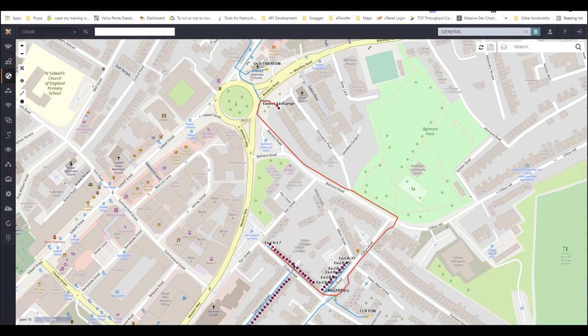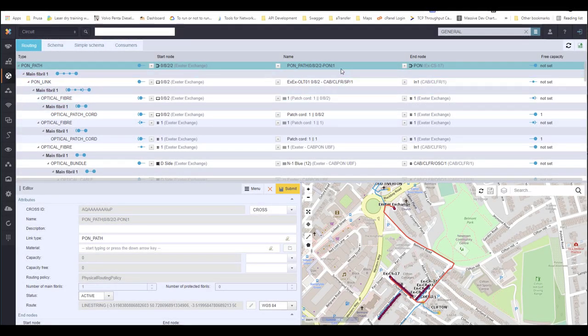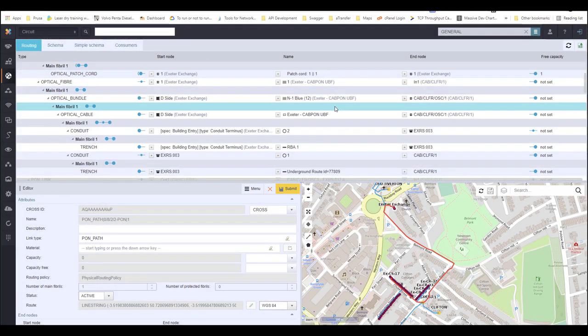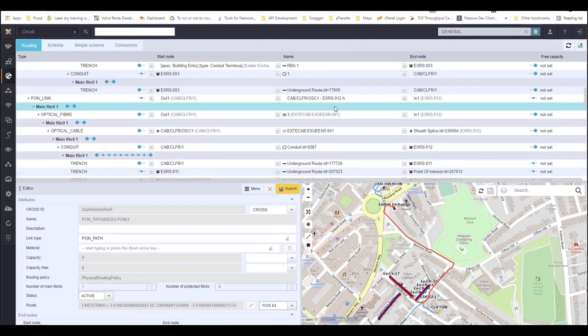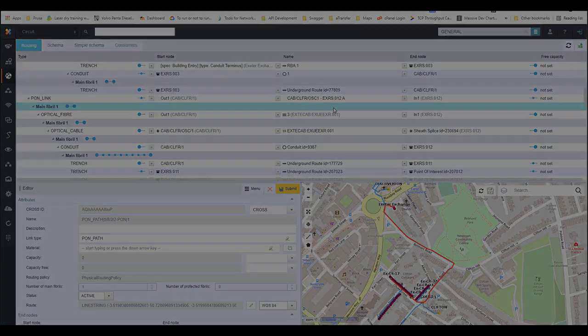The alternative is a full integration, where we have the same link, but in this case it explicitly follows the physical path. The routing information for that logical circuit provides full details of the underlying physical network, every connection, every patch.